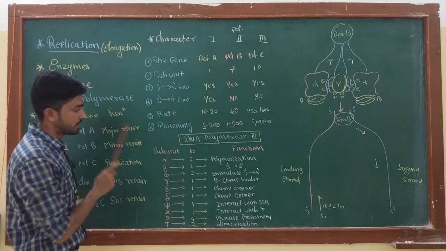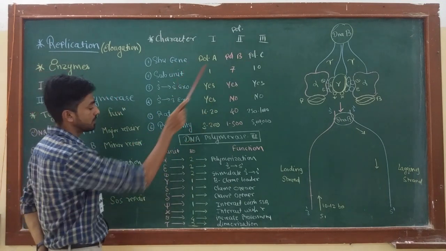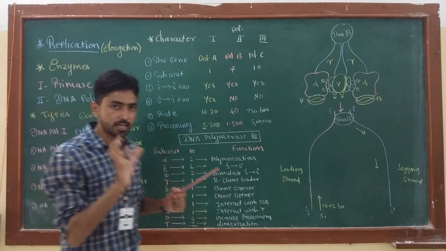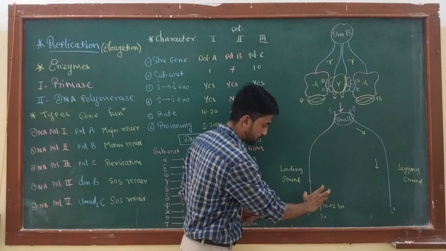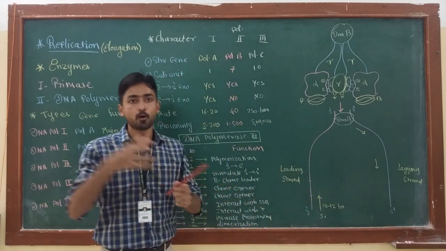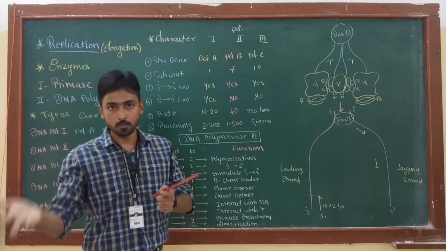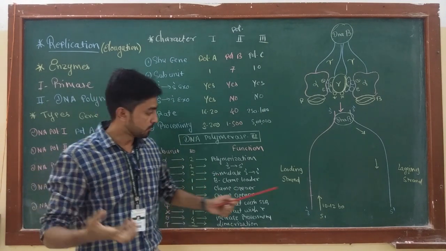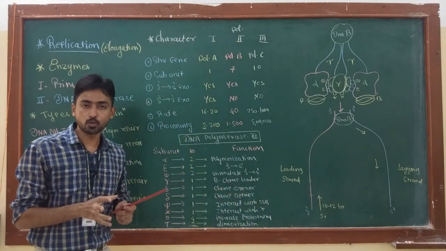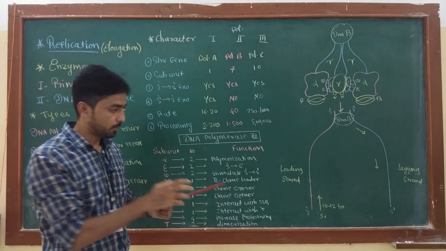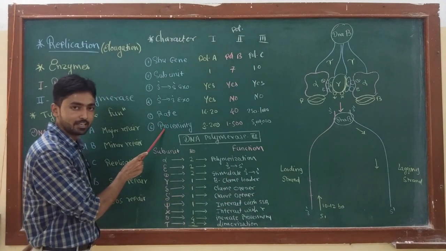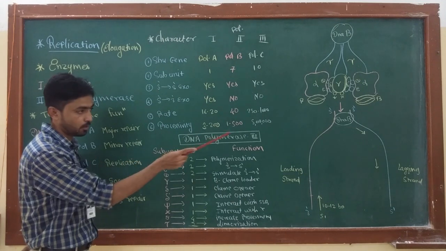And now the last and important property of all these three enzymes is processivity. Processivity means once DNA polymerase is bound to the template strand, how many nucleotides it adds before falling off. Sometimes the enzyme falls off or gets removed from the template strand. So on average how many nucleotides DNA polymerase adds before falling off from the template strand is called processivity. It is a very important property in elongation.